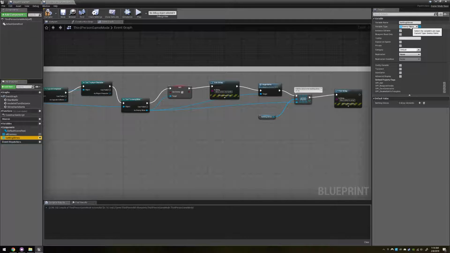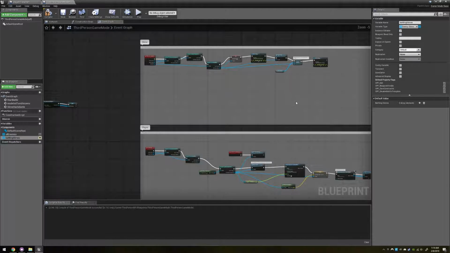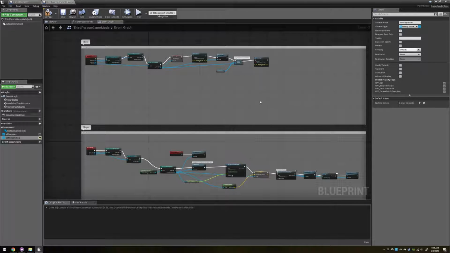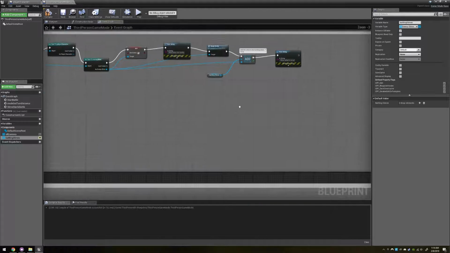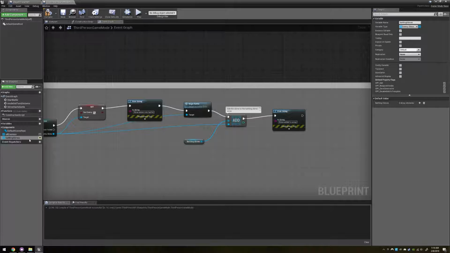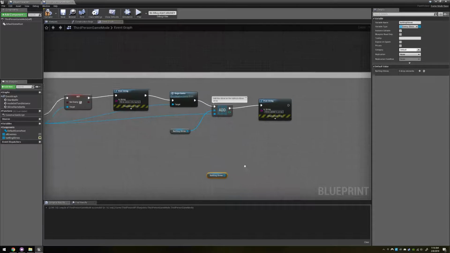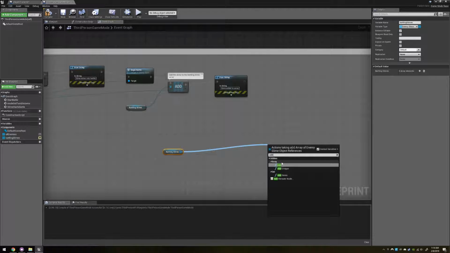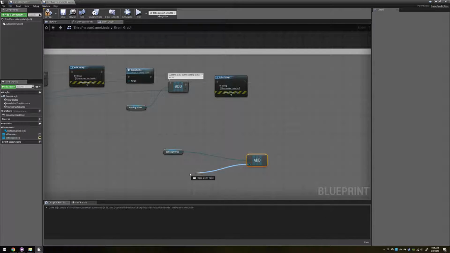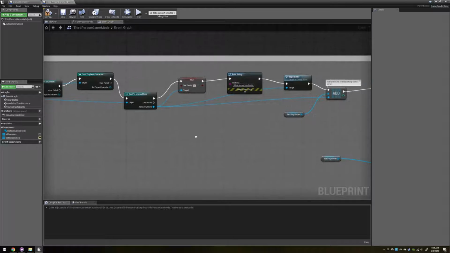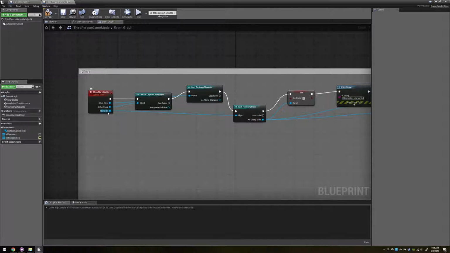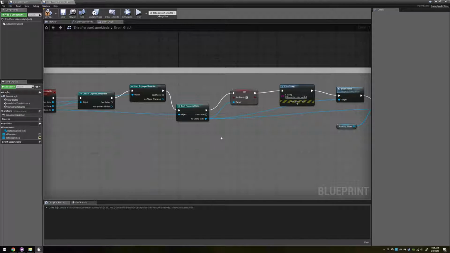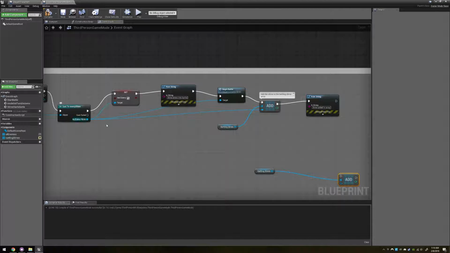It's an array of enemy slimes, and I don't have anything set up by default, but what you can do is you can just drag and get battling slimes, and then drag off it, hit add. What I'm doing is I'm getting this custom event, I'm getting the slime reference, and I'm just casting it to the enemy slime,